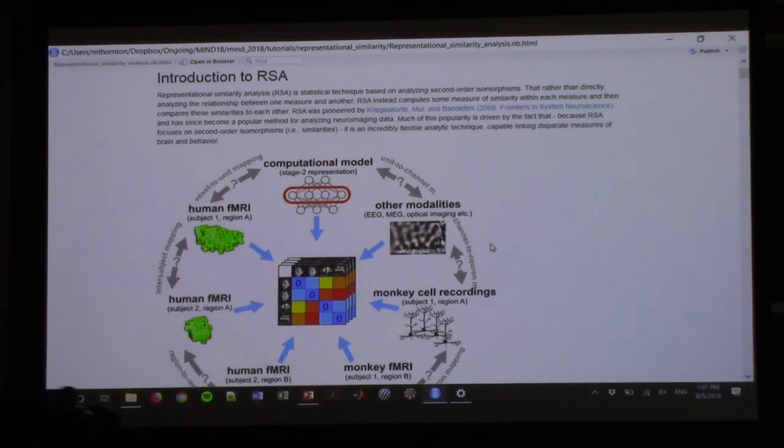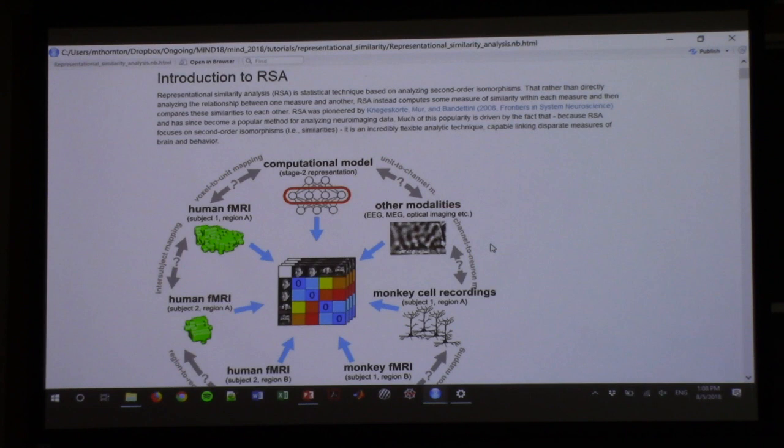Fantastic. All right. So yeah, today I'm going to be giving you a bit of an introduction to RSA. I know a lot of you are already familiar with RSA, so I'm also hoping to cover a few of the more esoteric elements of doing representational similarity analysis. But for those of you who are unfamiliar, representational similarity